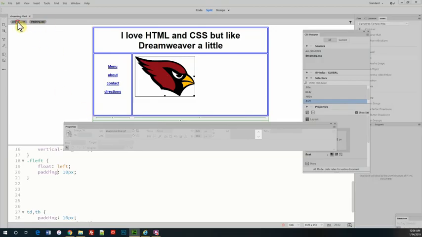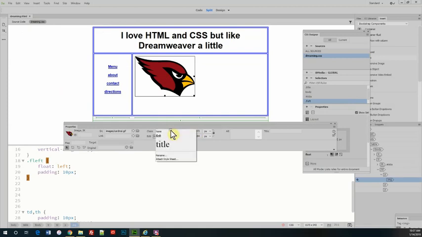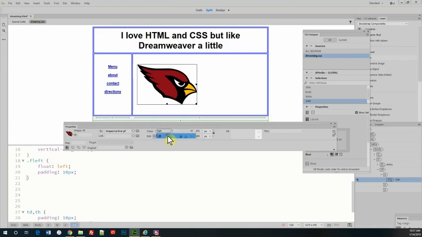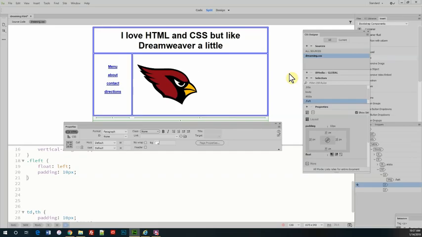I also saved that by clicking on it right here. So now what I'm going to do is click on this. I'm going to add a class, and it's F left. And now what I could do is